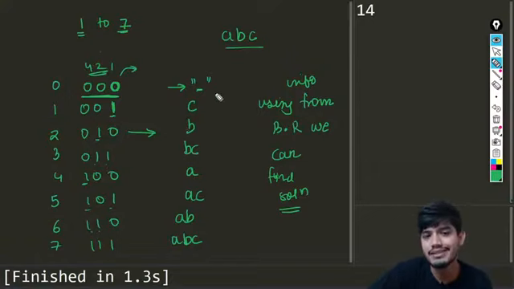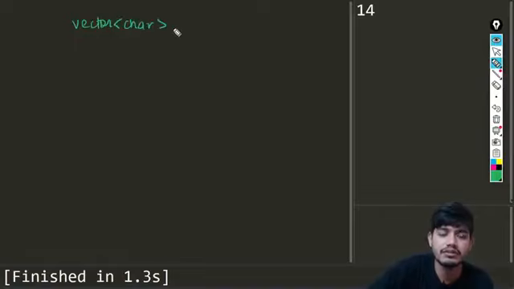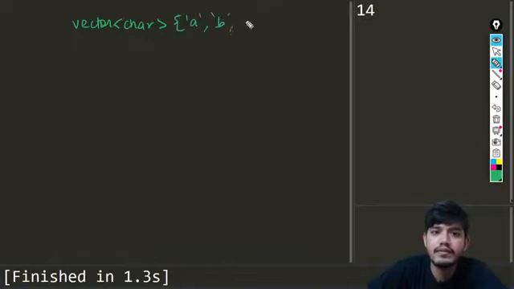So this is basically the important thing. Now let us see how we can run this code and how we can check for them. We have already seen how we can check the kth bit, so let us try to do that first. Suppose we are given this as characters, I'm considering that as a vector. So suppose we have this vector for characters, and in this we'll have A, B, and C. These three things are given in this. I'll be calling that V here.